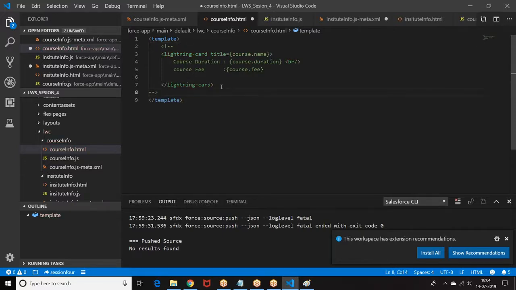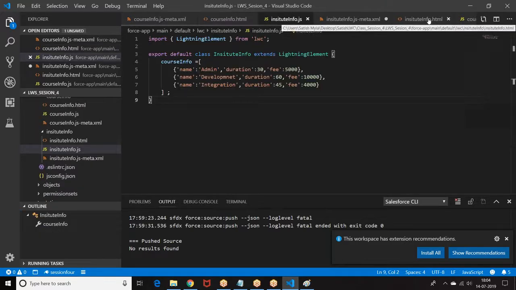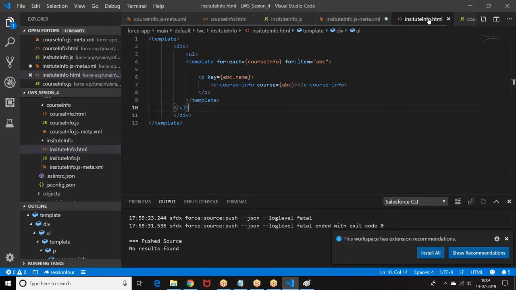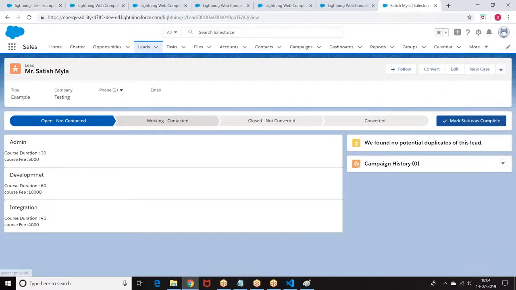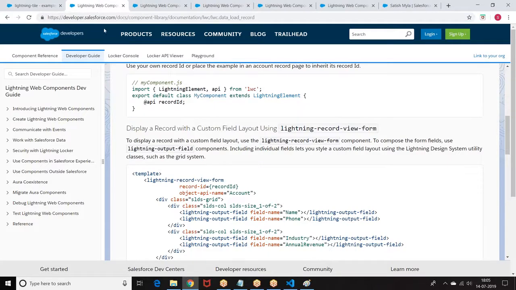In this example, I was passing the value. Now I don't want to pass the value, I want to pass the script itself. The HTML script itself I want to pass. Whatever you are trying to print, the same print I have to give from the parent component. The parent component will specify what HTML script should be displayed on the child.